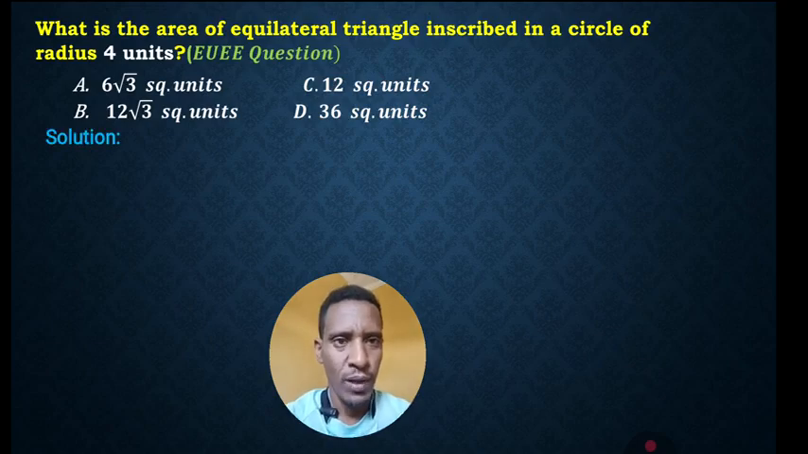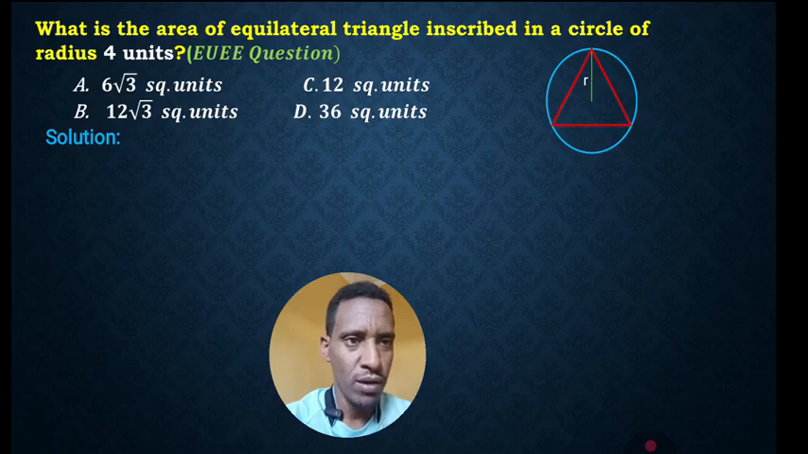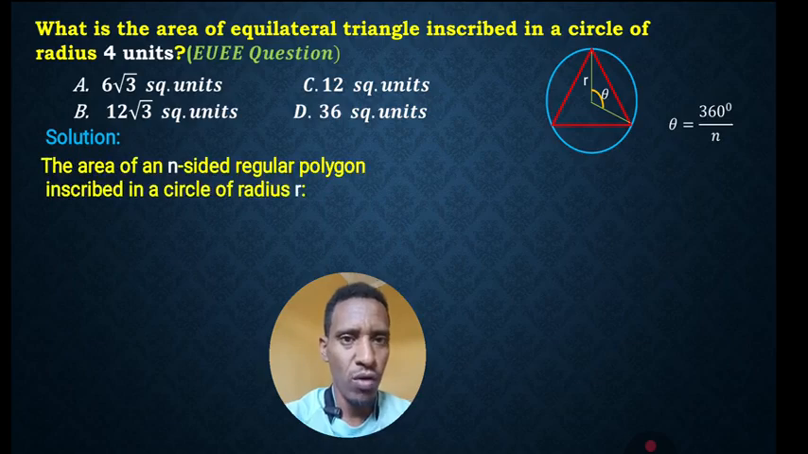To find the area of an equilateral triangle inscribed in a circle, let's first draw a circle with an inscribed equilateral triangle. Let's draw the radius from the center of the circle and there is also another radius R. Then the angle between the two radii, which is the central angle, that means theta, is equal to 360 degrees over n. So the area of an n-sided regular polygon inscribed in a circle of radius R is given by